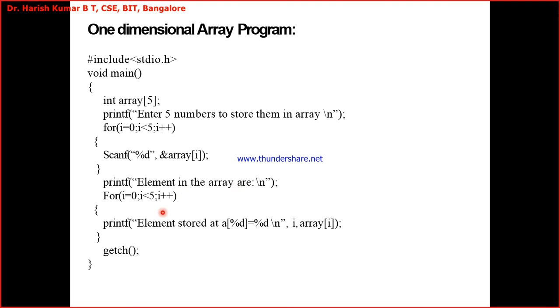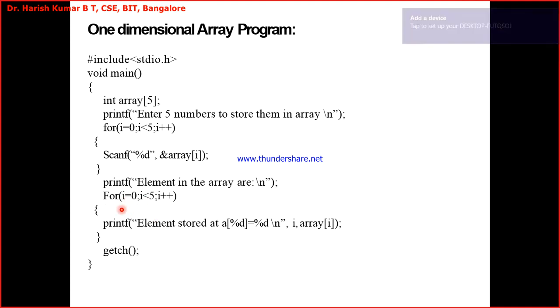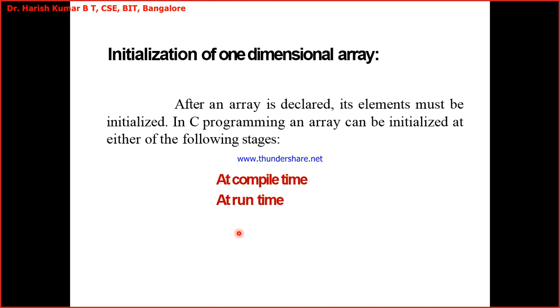Since even while printing, you require a for loop, because you have to print all the elements which are there in the array. So, running one more for loop, i equal to 0 to i less than 5, i plus plus, printing the elements in the form of an array itself. So, printing it like this,